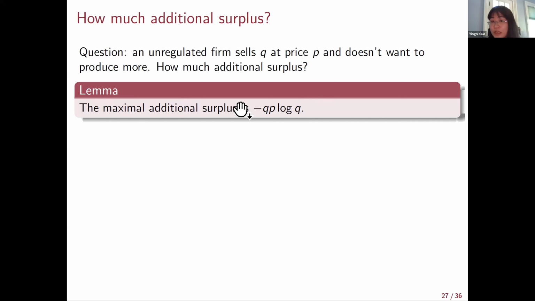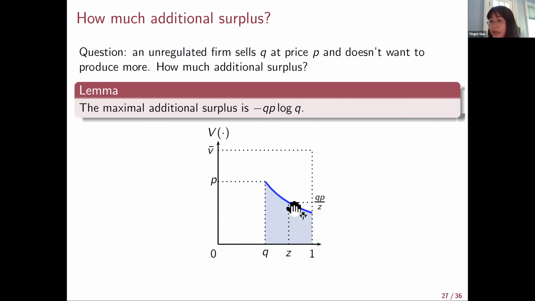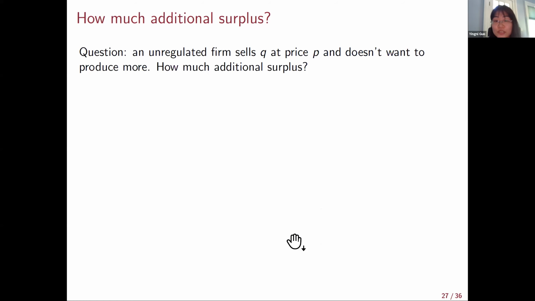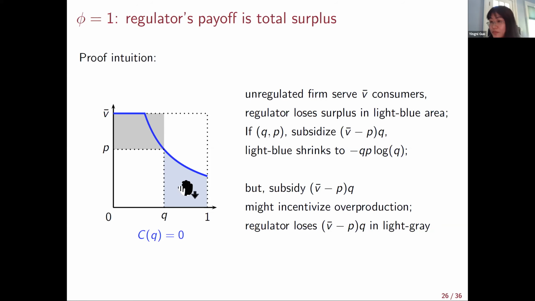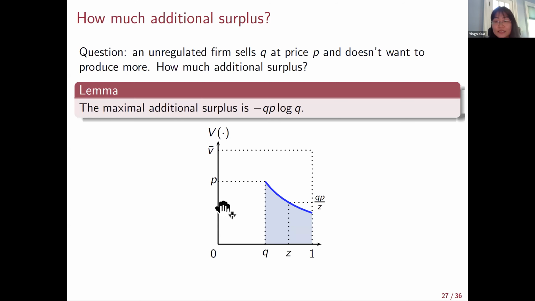So the result given by this lemma is exactly this area. That's why we are choosing unit elastic demand throughout the talk to illustrate the intuition, because the maximum surplus I can lose is exactly given by this unit elastic demand. And we can choose this point to balance these two. Okay, so that is what happens when the firm is solely concerned about efficiency.